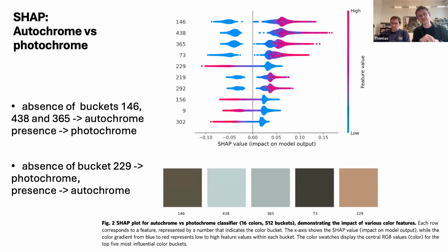So that means when the color is present, it suggests photochrome. So the color indicates whether it's absent or present, and then the position, to the left or the right of the middle, indicates whether it's autochrome or photochrome. So this helps us understand whether the absence or the presence of a color is pushing it towards a certain direction. And what this tells us is